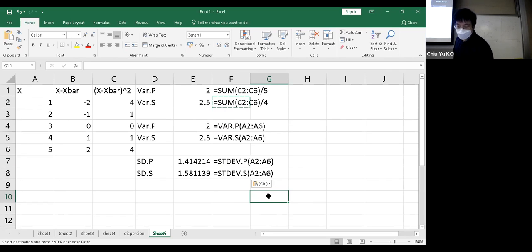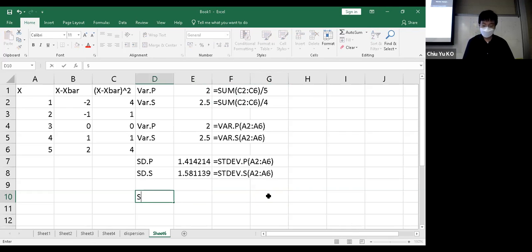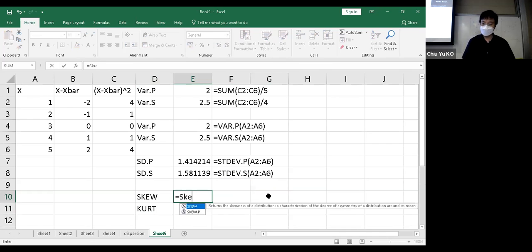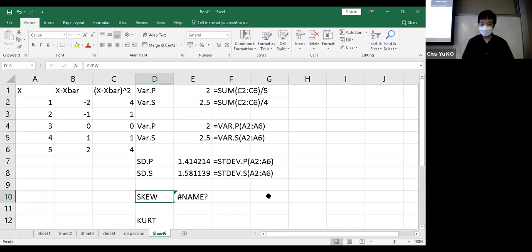Now the next two functions I want to cover are skewness and kurtosis. Skew is very simple. We have SKEW.P and plain SKEW. When I don't write P, it's actually the sample one. The sample one is just